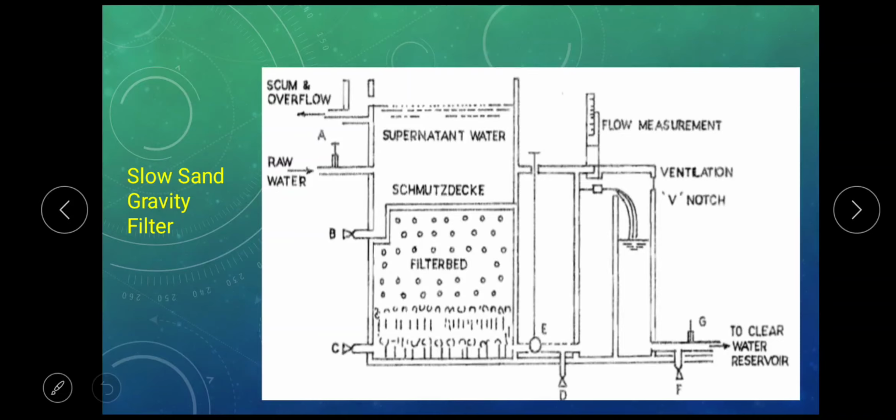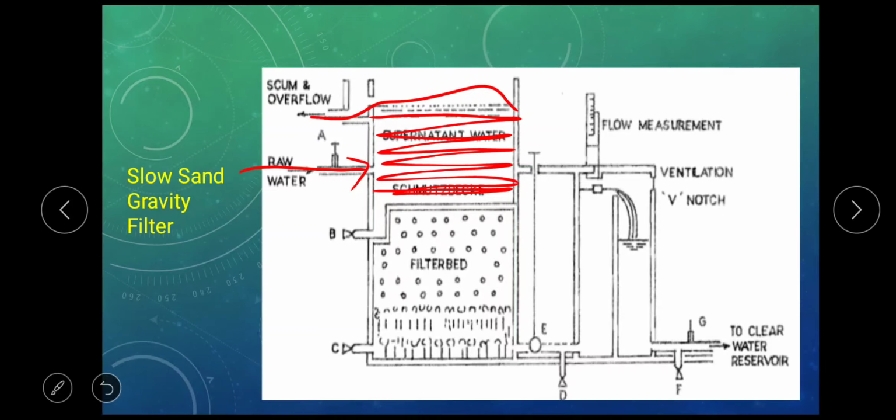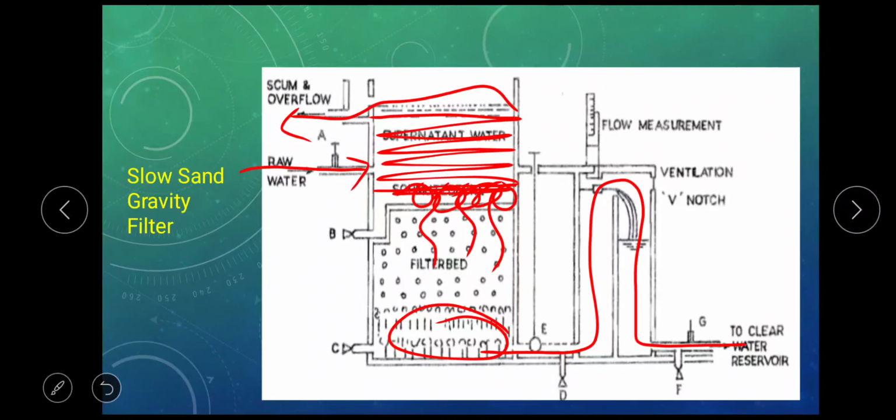Here is the pictorial view of the slow sand filter. Here we inject the water. Water will fill this tank up to this level. If there is floating matter or oil, it will move out from here. Water will filter through the sand. Most of the impurities get arrested onto the surface of the sand. Clear water will be collected at the bottom, called the under drainage system. The clean water will be moved to the next treatment unit, called tertiary treatment.